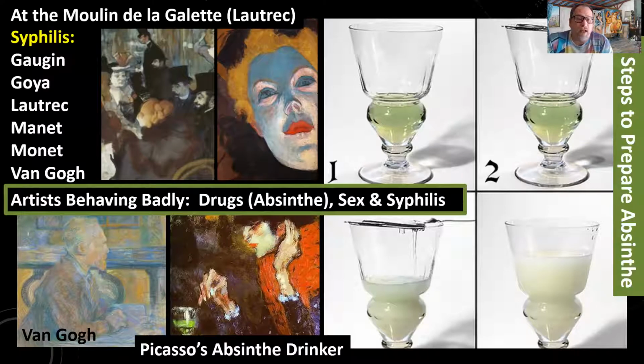And that would be Gauguin, Goya, Lautrec, Manet, Monet, Van Gogh, Cézanne, Matisse. We are going to have the same thing happen with Picasso later on. So artists behaving badly, drugs, this drug that they're going to have is a mildly narcotic alcoholic drink called Absinthe. They're going to have wild sex that goes on with the prostitutes, and that's going to spread the syphilis around